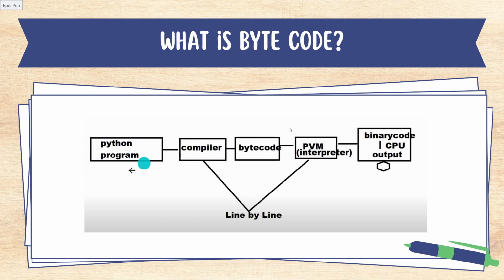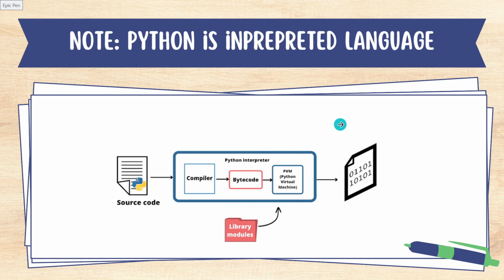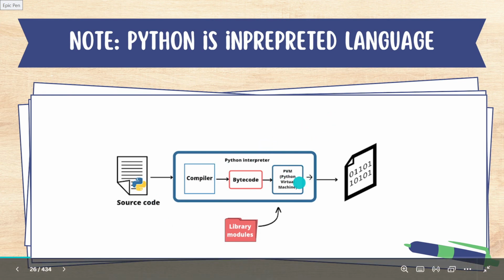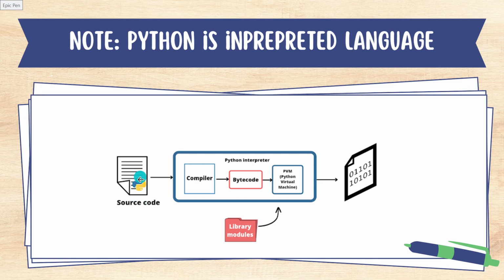As you can see here, the Python program after compilation is converted into bytecode. And this is the PVM, the Python virtual machine. It acts as an interpreter which executes our code line by line. It executes the compiled code line by line and further translates it into binary. So the Python source program is converted by the compiler into bytecode, and the PVM converts it into binary, right?